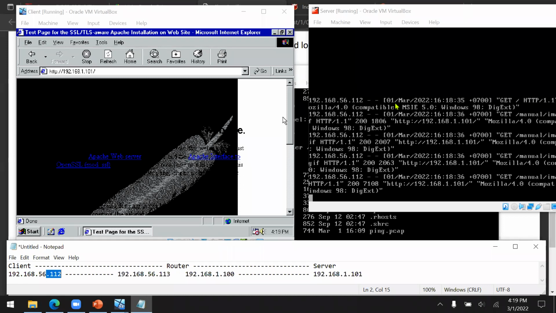It sent a command called GET whatever in your root using protocol HTTP 1.1. And it comes from a client using, oh my God, Windows 98. So whatever web browser you use in your client, the server will understand the type of your web browser, even your operating system.